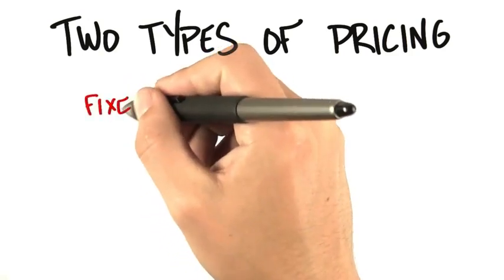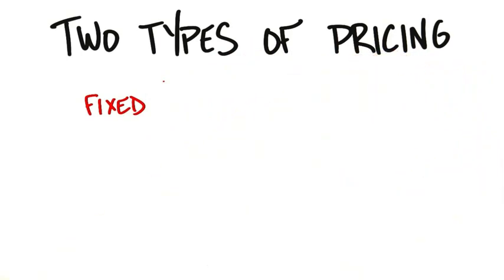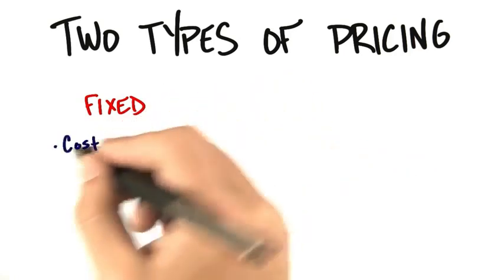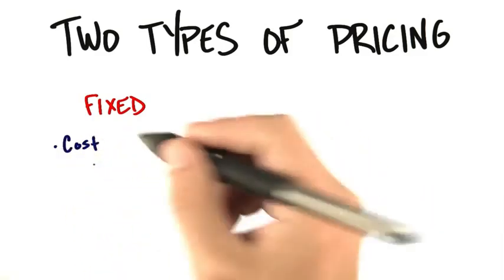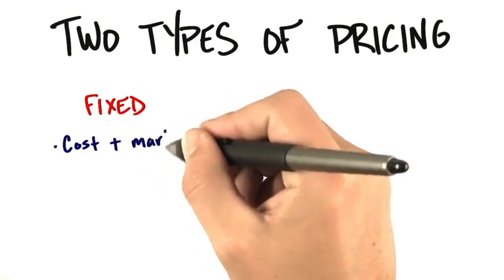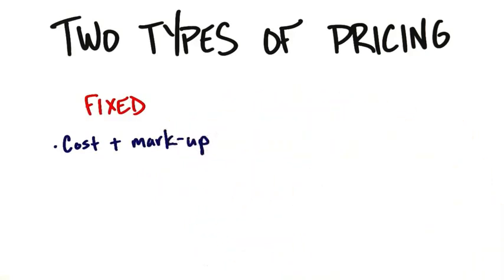One is fixed pricing. Fixed pricing is just like it sounds. There's no haggling. Here's how it is. It's the fixed price. Now, with fixed price, you could decide, well, how do I set that price? I'm going to take the cost of what it takes me to build the product, and I'm going to add some fixed markup, whatever I think my profit should be. And it's very simple. It's cost plus markup. And this gets me to the minimum price in the market.